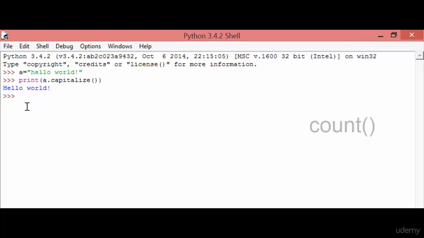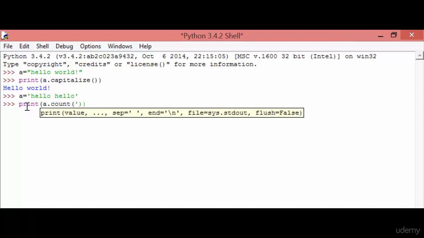The second method is the count method. The count method is used to count a character inside a collection of characters. For that I'm going to give the value hello, hello, the same value, and again I'm going to print a dot count, and which value you have to count.